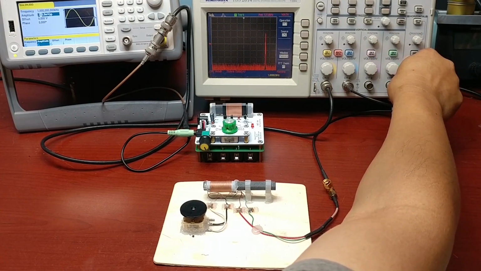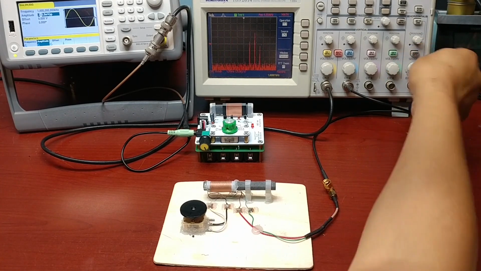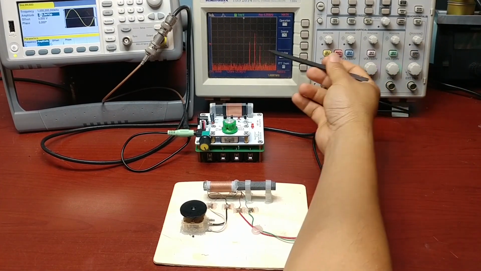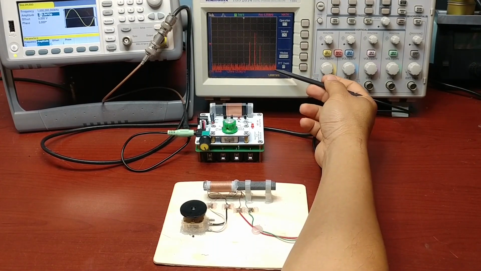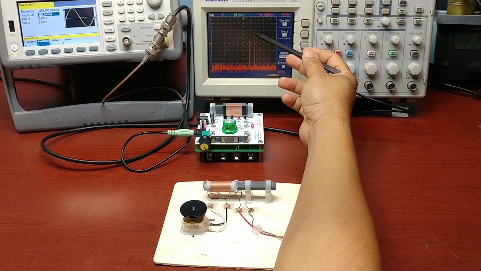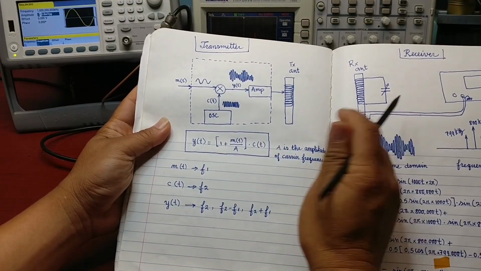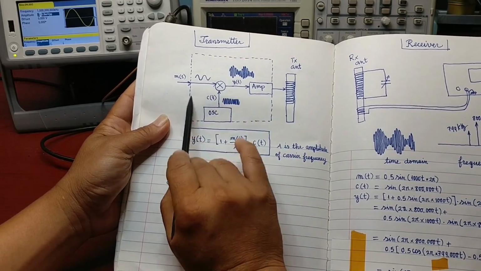Let's see the AM signal in the frequency domain. In the frequency domain, we see there are three dominant frequencies. The middle one is 800 kHz, the one on the right is 801 kHz, and the one on the left is 799 kHz. If you want to know more about the formula of AM modulation,